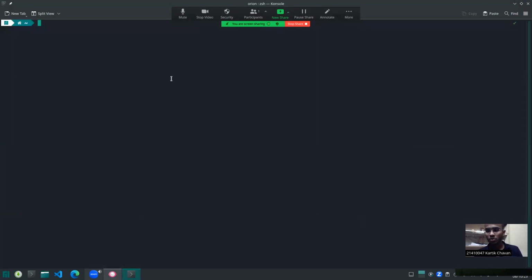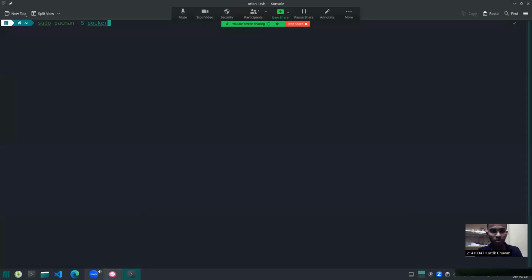So first we have to install Docker. We have to open our terminal, and as I am running it on Linux, you can do it on Windows also by Docker Desktop. So now we are going through a terminal in Linux. The first command is to install Docker: sudo pacman -S docker.